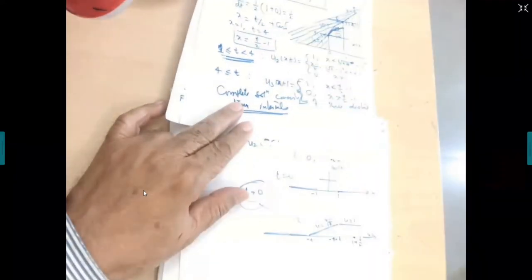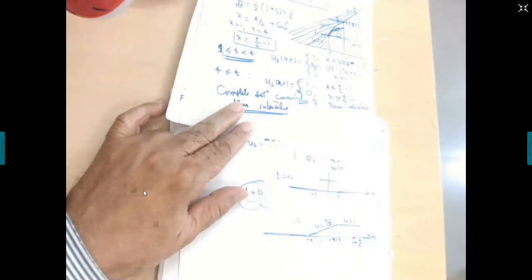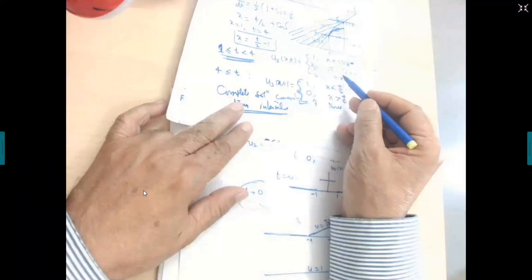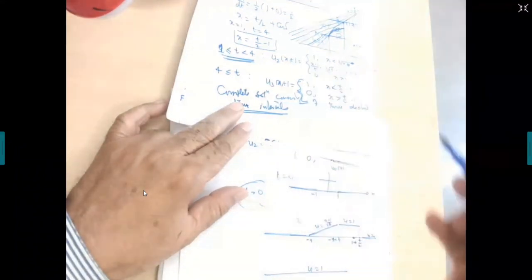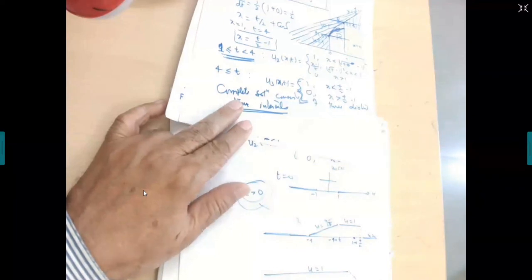So the solution you see later becomes like this, U2. When x is less than 1, it is given by this expression. This is root t plus 1, that is, u is equal to 1, this is x is equal to square root t minus 1 whole square, and then from square root of t minus 1 whole square to 1. This is not the solution of this problem.